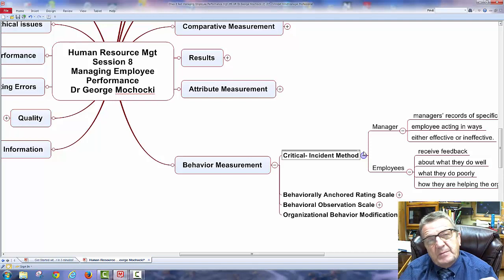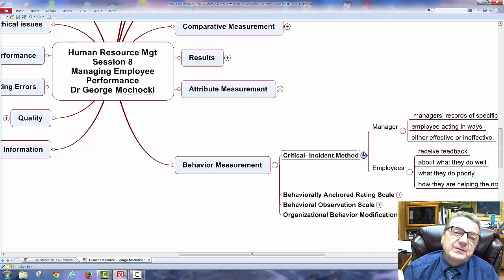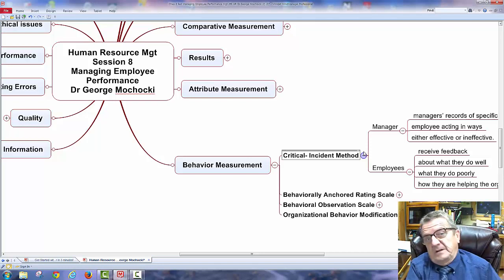Sometimes it should be a balance, because let's say they did all good, and the last thing they did was one bad incident with a customer. That's the last thing you remember, and you may downgrade them, but they've worked well for 11 months out of the year, and then one time they had a bad incident, and now you have set their grade. It should be the other way. They made the one mistake, okay, it just happened. If it was at the beginning of the term that you're evaluating them, you would say, oh man, but then all the rest of the time, oh, they did an improvement.